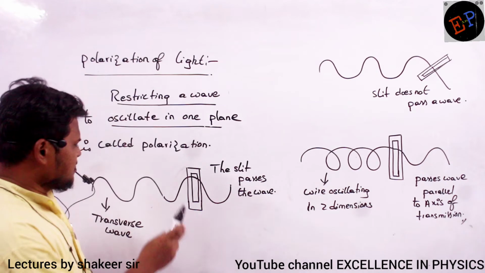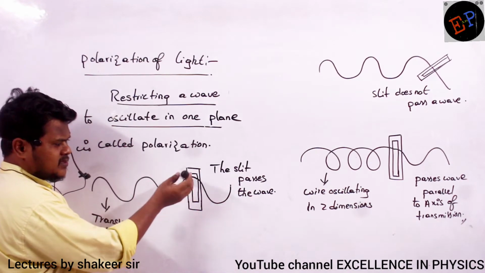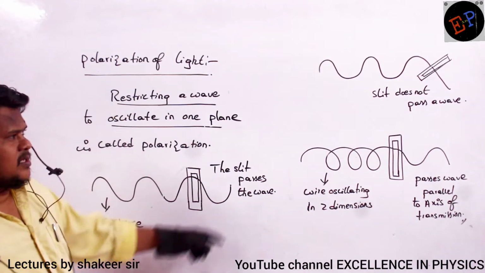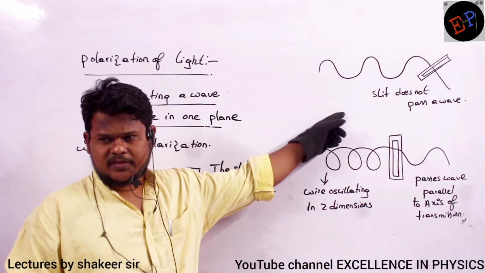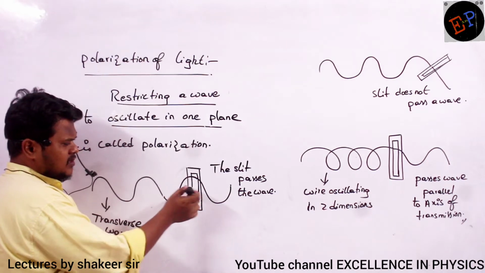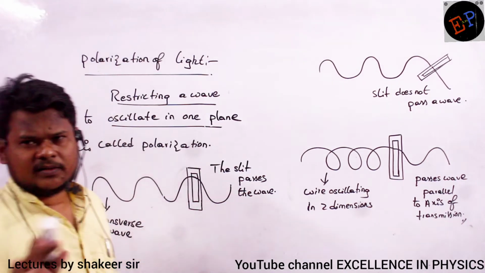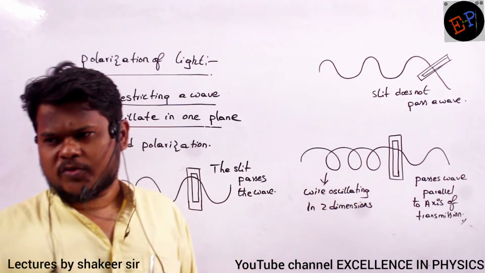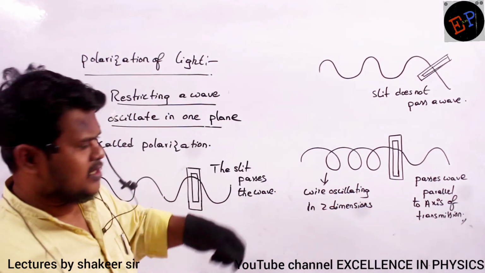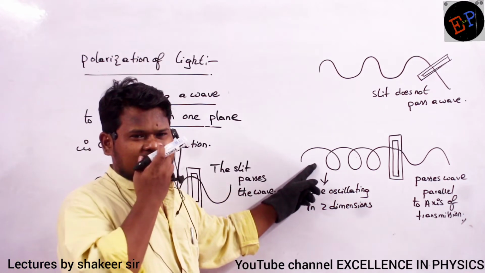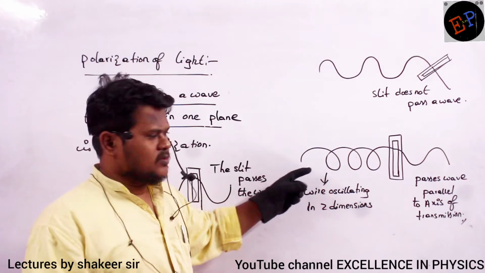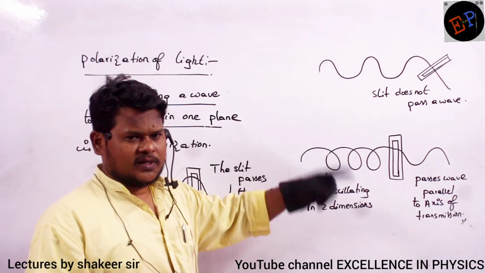Now instead of placing this axis like this, if I place the axis like this, now this wave cannot pass. That is the second condition. If I place the axis like this, then transmission will stop, so the wire no longer performs wave motion. Similarly, if I oscillate a wire in a helical path, as we studied in magnetic effects, it moves in a straight line as well as rotating.